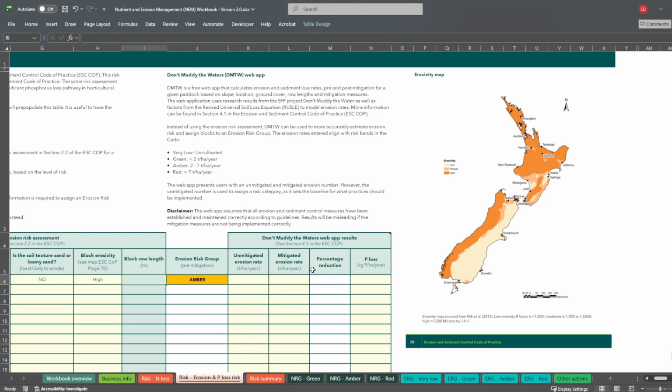Have a look at the app. We've got some links here if you hover over. It's hosted on the RNI's website. If you would like to use the Don't Muddy the Waters web app instead of the erosion risk assessment, just to note, when you input information into these cells, it will override the erosion risk group that is allocated from